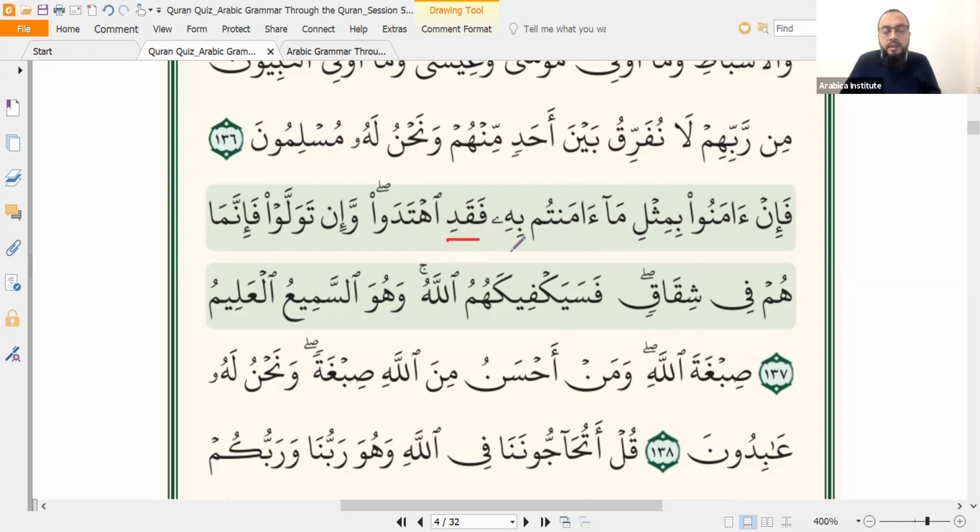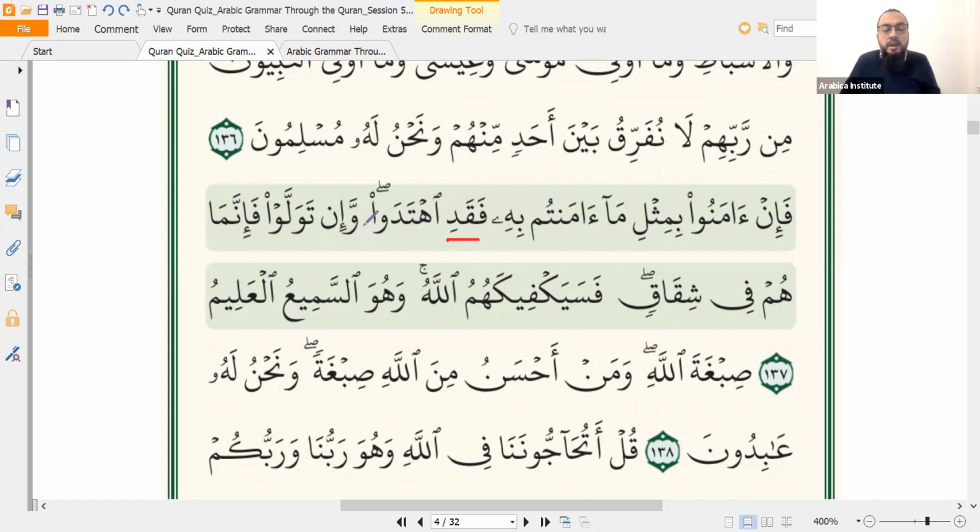فقد. What do we have here? What does the qad here mean? Indeed. Sure, they have indeed, because you hear the verb is perfect. So they have indeed ihtadaw. Which verb form is that? Ihtada, yahtadi. Form 8, good. You can tell by the telltale ta here in the middle after the first root letter. Ijtahada, yajtahidu, ihtada, yahtadi. Faqad ihtadaw, they have been rightly guided.